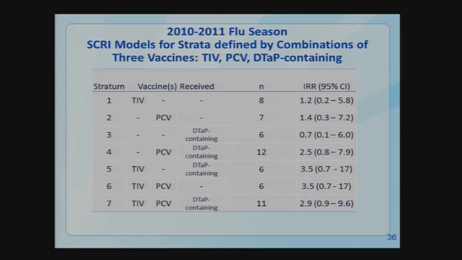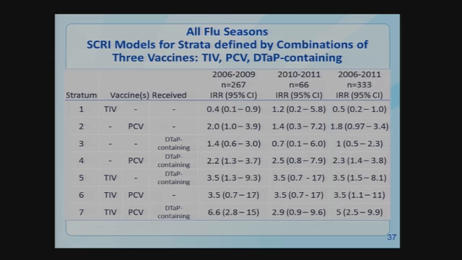So on the next slide, just comparing the results for the 2 time periods, again, based on statistical testing and the similar trends, we felt that it was appropriate to pool our data for all the time periods together, seeing no significant differences between the seasons. And then on the far right column, we see our pooled result of all the data from our study period pooled together, which we think is our best estimate of risk for these different vaccine combinations.